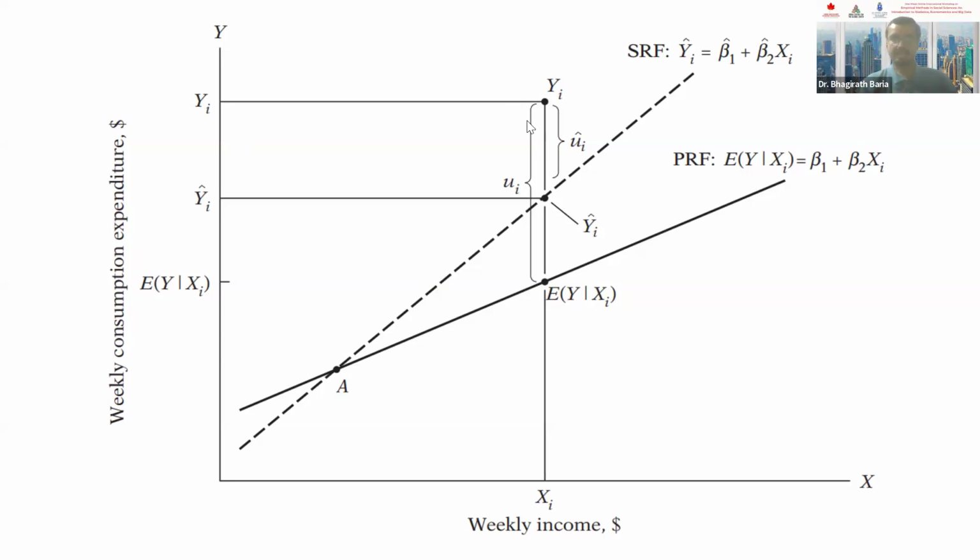So what is happening here? The actual y that you are observing is given here, yi on the top. The estimated y based on the regression equation that you have run in the software gives you an estimated value of y cap. The difference between the topmost y and your estimated y is your residual, u cap. But the difference between actual y and the population value of y, the expected value of y given xi, is u without a cap, which is your disturbance term